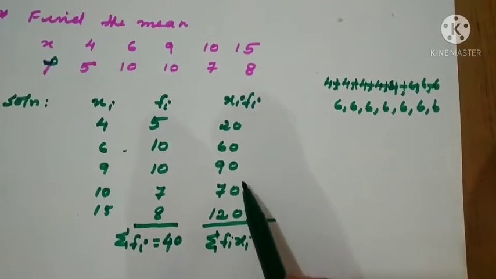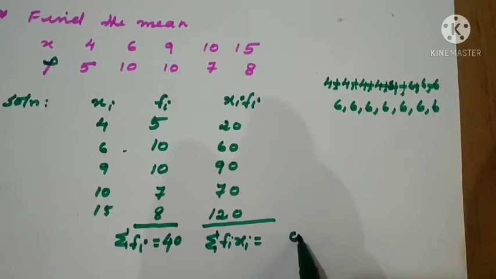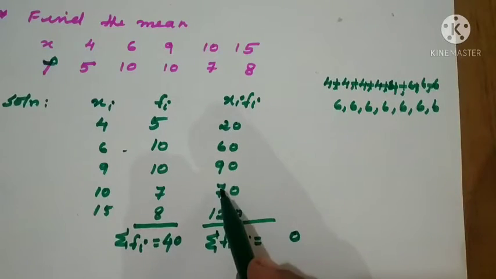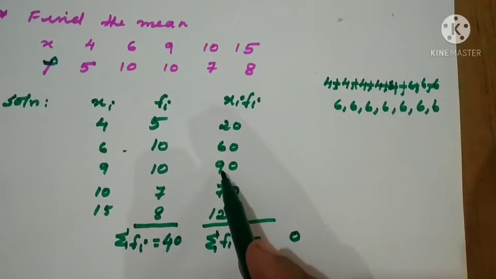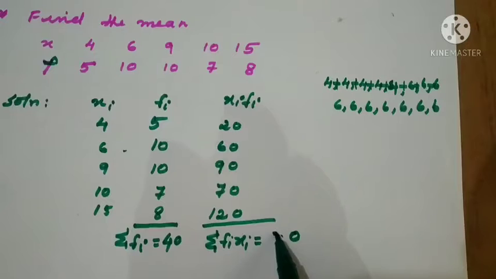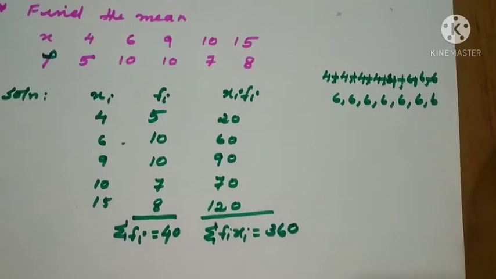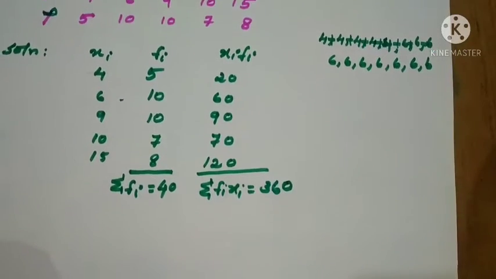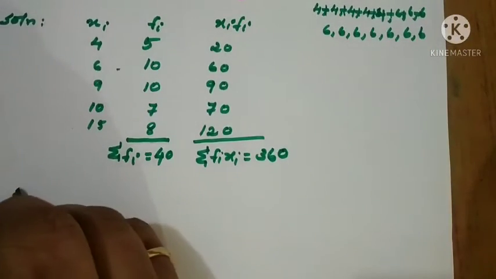For the addition, we have to see that the last unit digit is 0 only. So 12 plus 7, 19 plus 28, 34 and 36. So if you add, we will get 360. What is the next step? We should write the formula. What is the formula? Mean x bar equal to